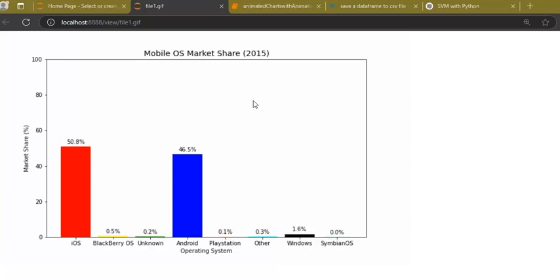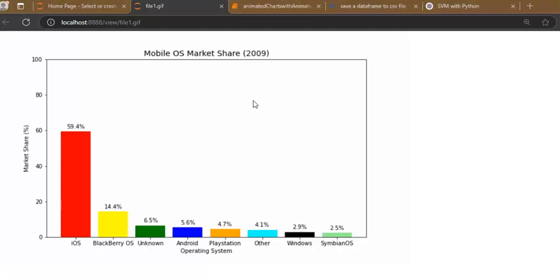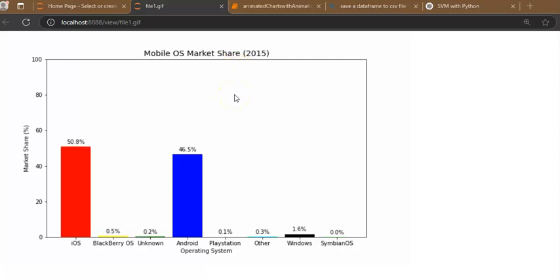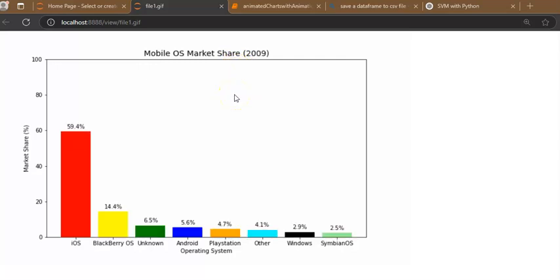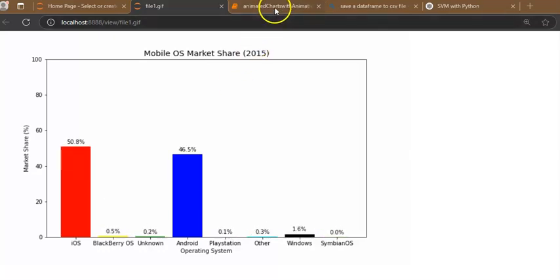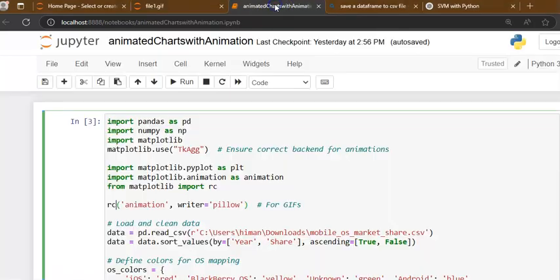Now, this database I have downloaded from Kaggle, and it is freely available to everyone. Using that data, I have transformed it into a different format, and then I have used it. So I will tell you how I have transformed the data and then how this graph is generated using the animation class of